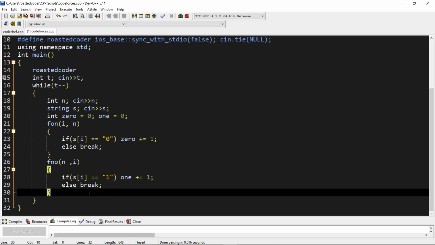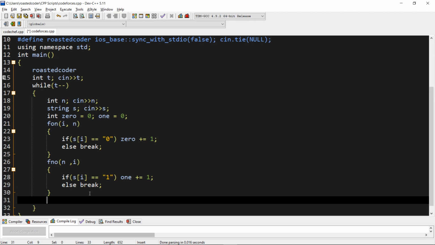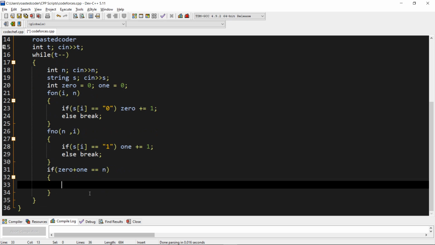So now if count of 0 plus count of 1 equals n, then we will print all the zeros from the start and all the ones from the end.